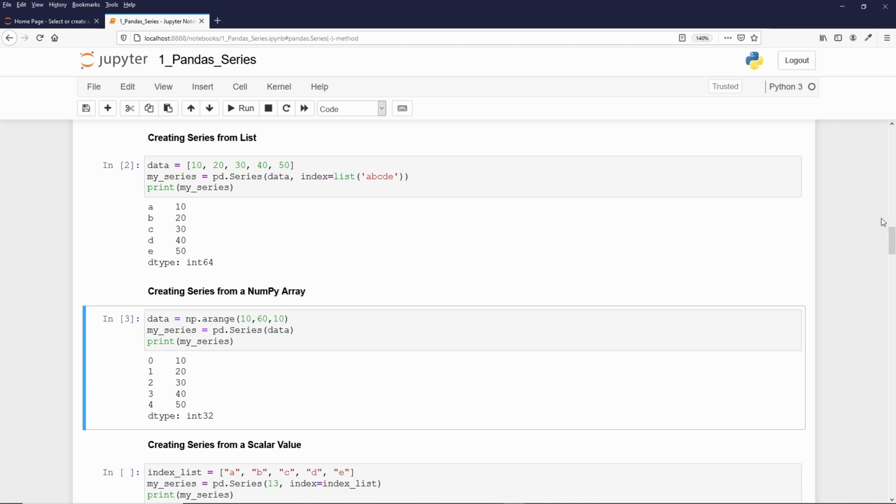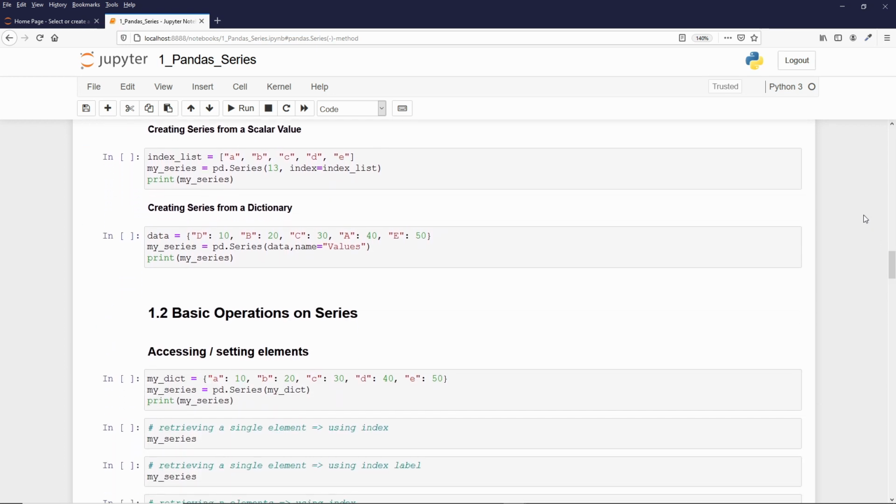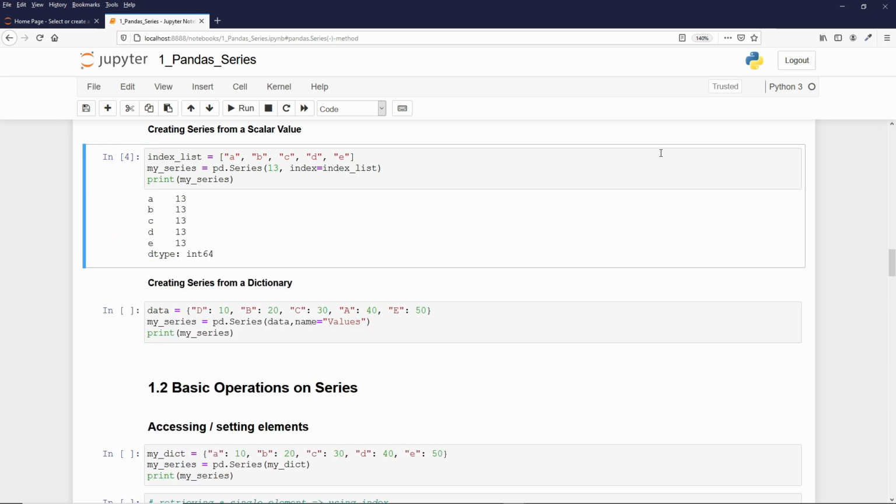The third way is creating a Pandas series using a scalar value. This is actually quite useful. We are providing only one value, but the index is a list of how many values? 1, 2, 3, 5 values from A to E. If I run it, the number 13 is repeated 5 times. And this is the idea of broadcasting, which comes from NumPy. And don't forget, Pandas is built on top of NumPy,